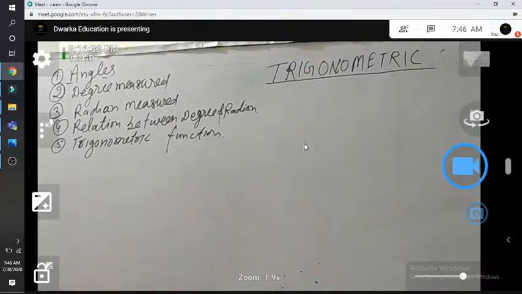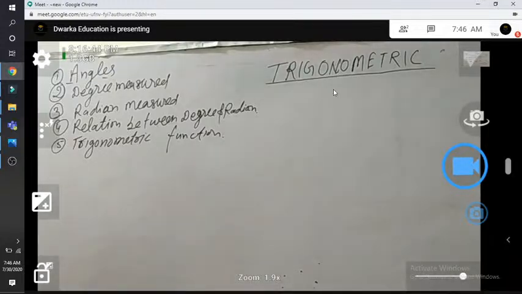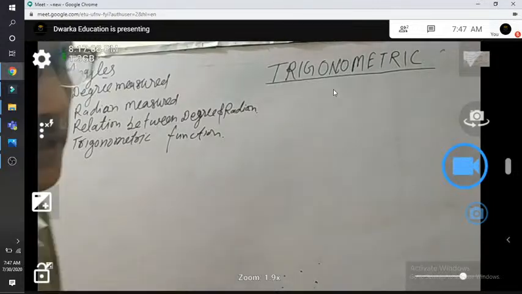Angles, degree measure, radian measure and relation between degree and radian, and trigonometric functions के बारे में। This is the first chapter of 11th class, in which we study about the degree measure, radian measure, degree and radian, trigonometric functions के बारे में बताएंगे।